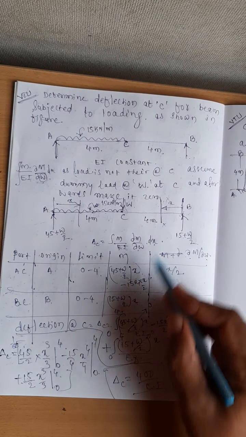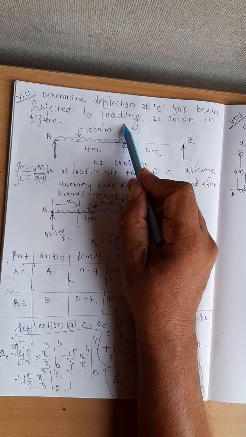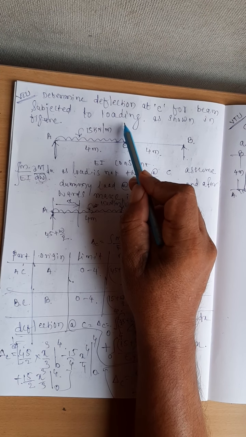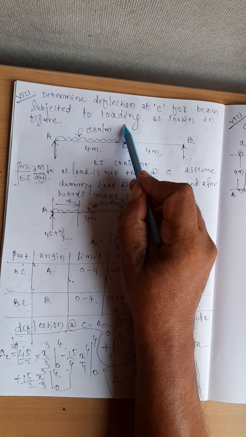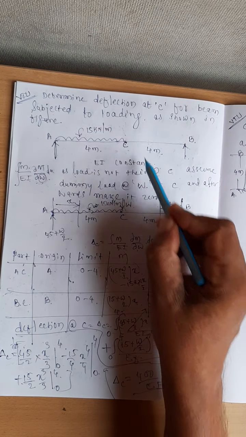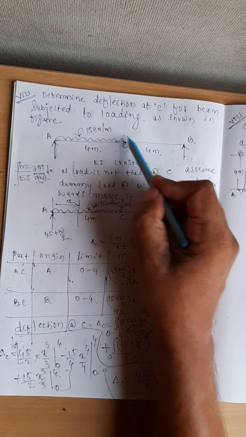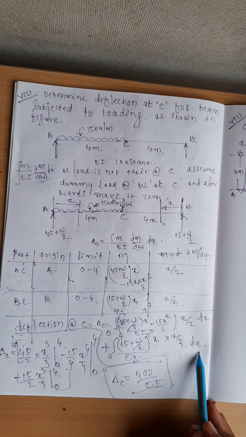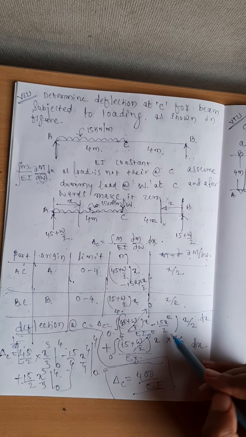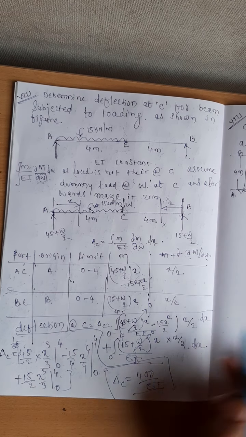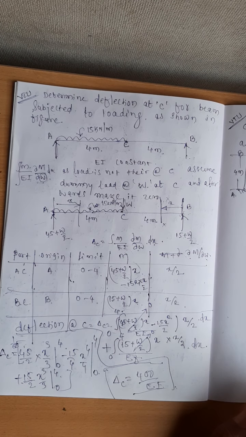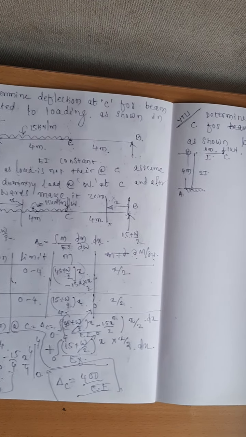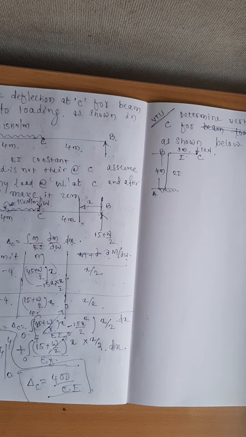Here the main concept is, yes, we want the deflection at the point C, but he has not given the load at the point C. That is why you need to assume the dummy load at the point C. Do the calculation assuming that the dummy load W is there. When you write the equation for the deflection, finally you make that dummy load equal to 0 and simplify the expression, you will get the deflection at C is equal to 400 divided by EI.